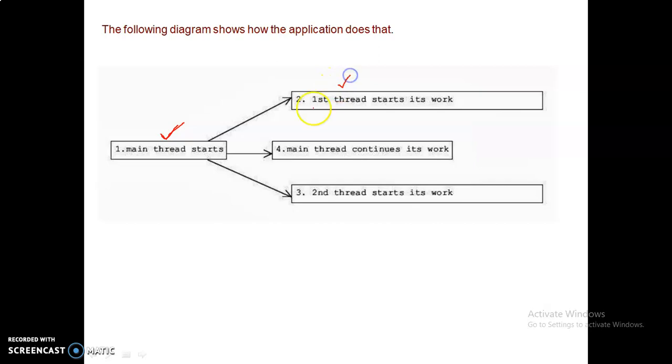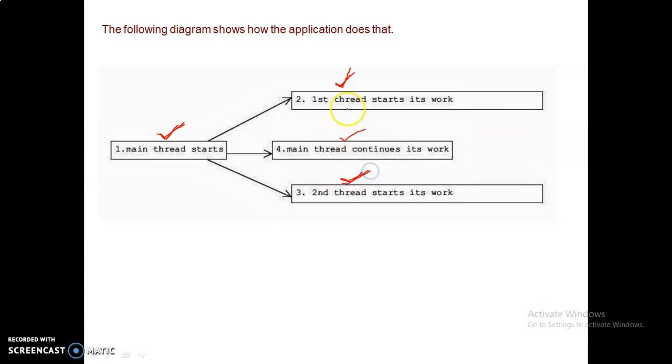Whenever our program starts executing, the main thread starts. Then whatever threads we created in our application will be started, say the first thread, the second thread, or any other threads. At the same time as our threads, the main thread also executes. That is, our program is in execution, and at the same time the internal threads of the program are also in execution. This continues until our program completes its execution.